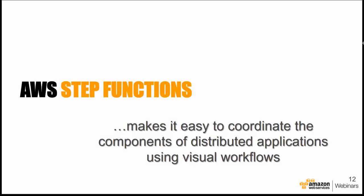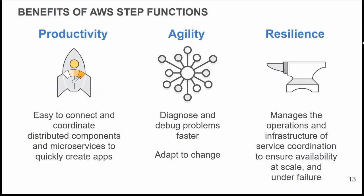Hence, we introduced AWS Step Functions. This is a service from AWS that's designed to make it easy to coordinate these components in your distributed applications with visual workflows. By using Step Functions, we hope to make you more productive, more agile, and more resilient in